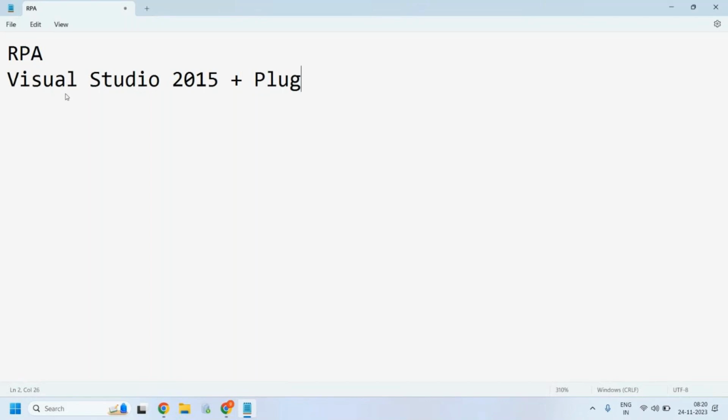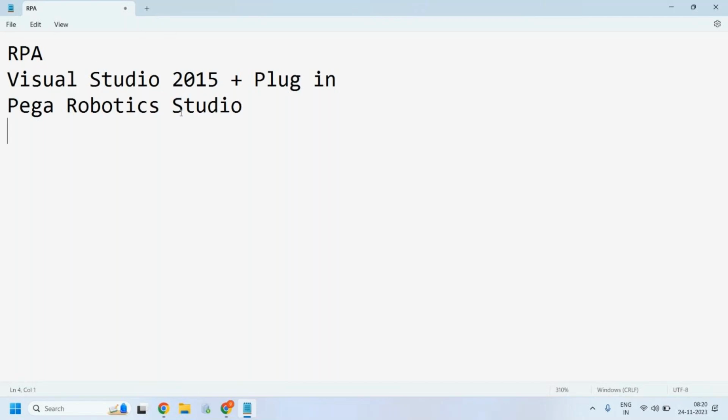IDE stands for Integrated Development Environment. For developing any solution, we'll be using an IDE. Likewise, here also we'll have Visual Studio plus the Pega plugin, or directly we have Pega Robotics Studio. This Pega Robotics Studio also we can install instead of this.